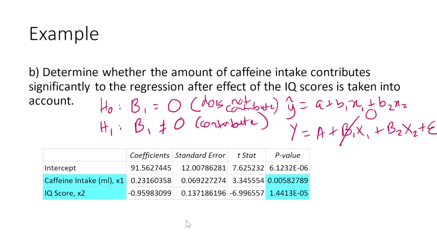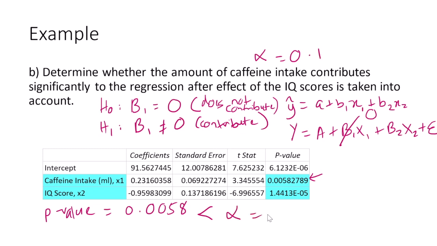So to make a decision, we simply look at the p-value over here. The p-value is 0.0058. Is this less than alpha? Alpha is not indicated over here. Let me take alpha as 0.1. Is it less than alpha 0.1? Yes, this is definitely less than alpha 0.1. So we reject the null hypothesis. Once we rejected the null hypothesis,